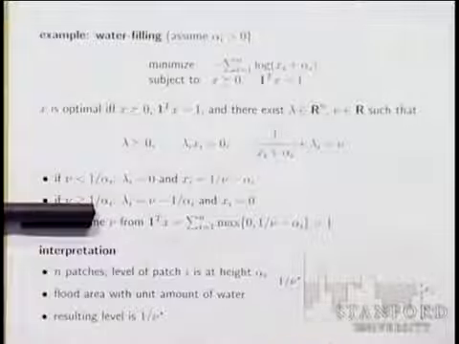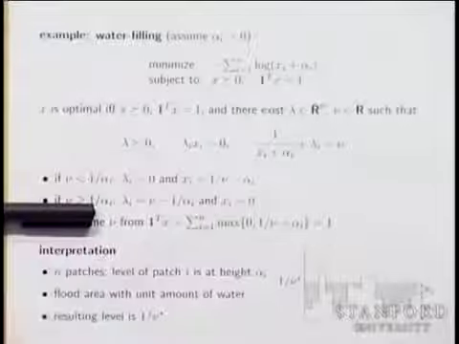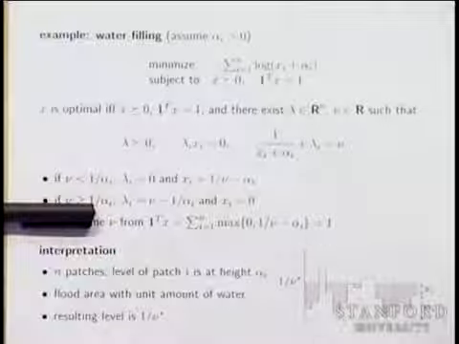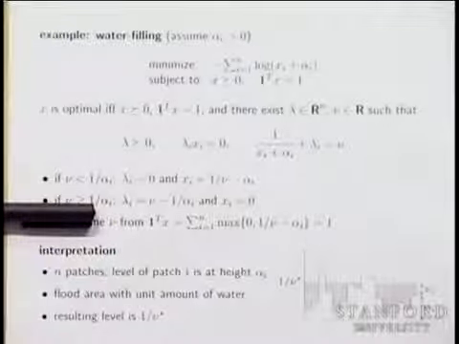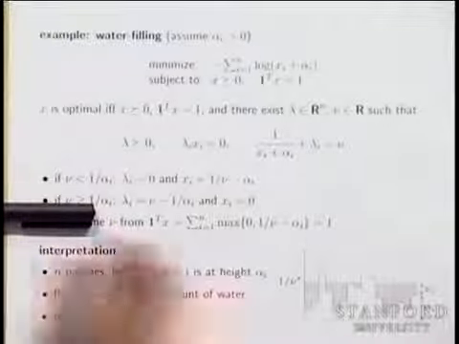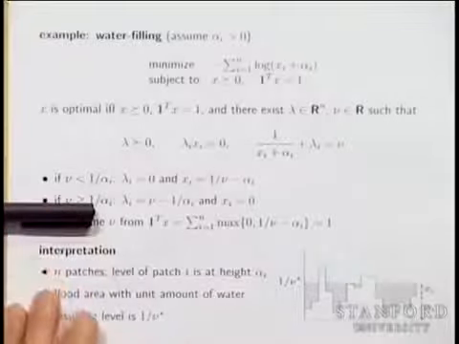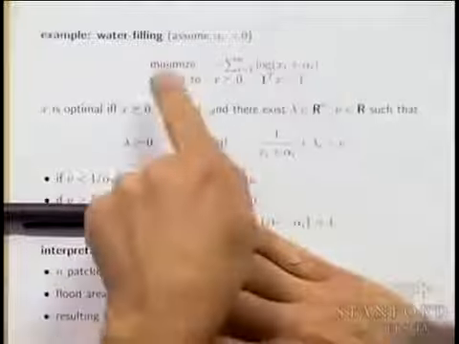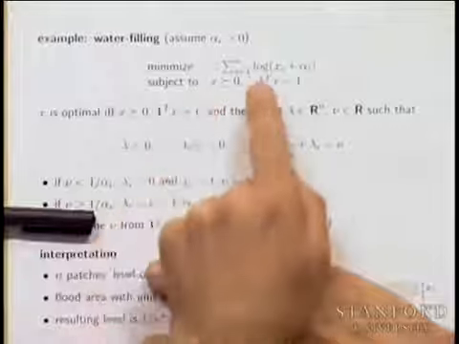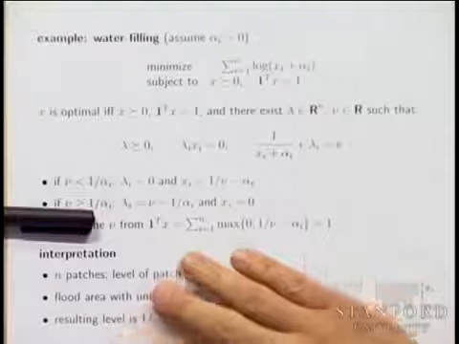By the way, this is used, for example, now in DSL. It's used actually everywhere. And I'm not talking about used by professors. I'm talking about it's used when you use DSL, for example. So, for everyone else, it's just maximize the sum of the logs of xi plus alpha i,